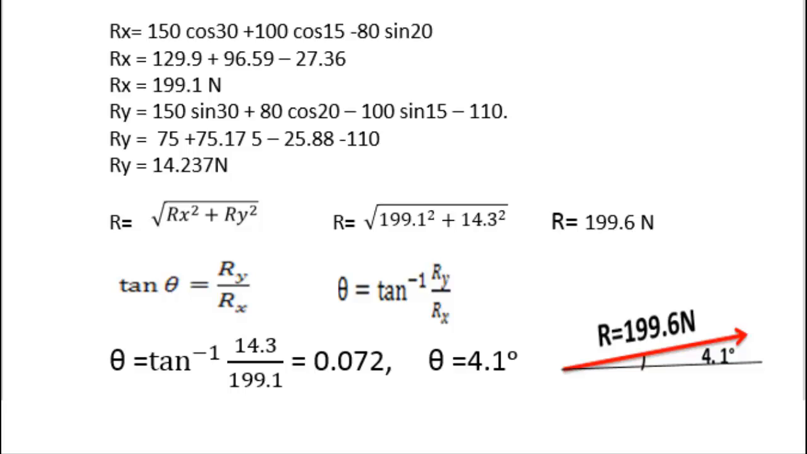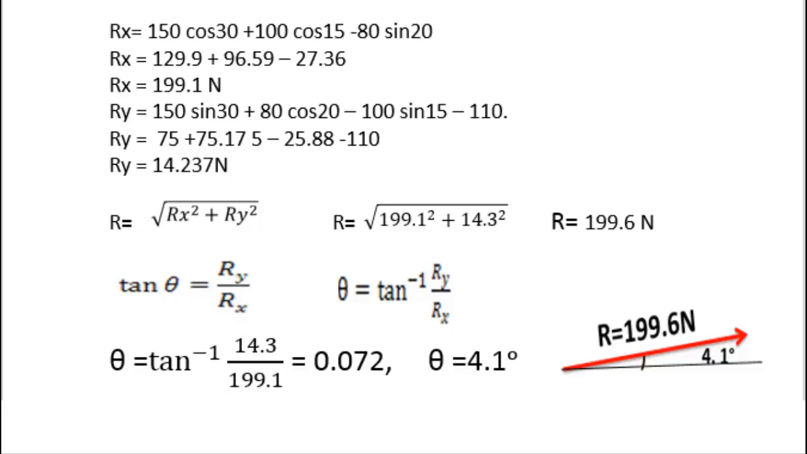129.9 plus 96.59 minus 27.36. Then Rx will be equal to 199.1 Newton. To calculate Ry, it will be equal to 150 sine 30 plus 80 sine 20 minus 100 sine 15 minus